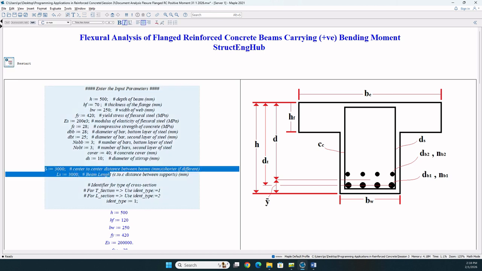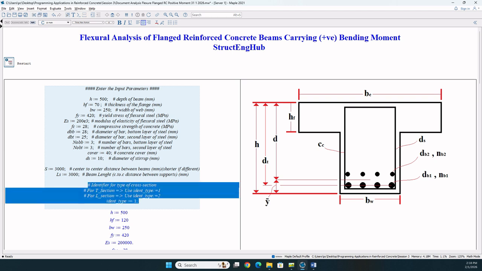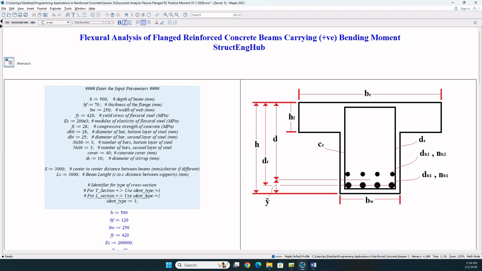These two parameters are used to calculate the effective width of the flange according to the ACI code procedure, and these lines give the user the option to analyze a T-shaped cross-section or an L-shaped cross-section, where 1 indicates a T-shaped section and 2 indicates an L-shaped section. I have selected the numbers shown on screen in order to be able to demonstrate the cases that I want to show you. So if we run here the first analysis,